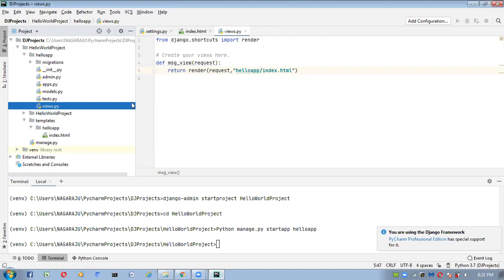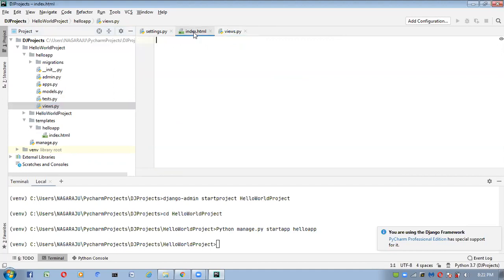Go to this HTML file we created. Here just type HTML.